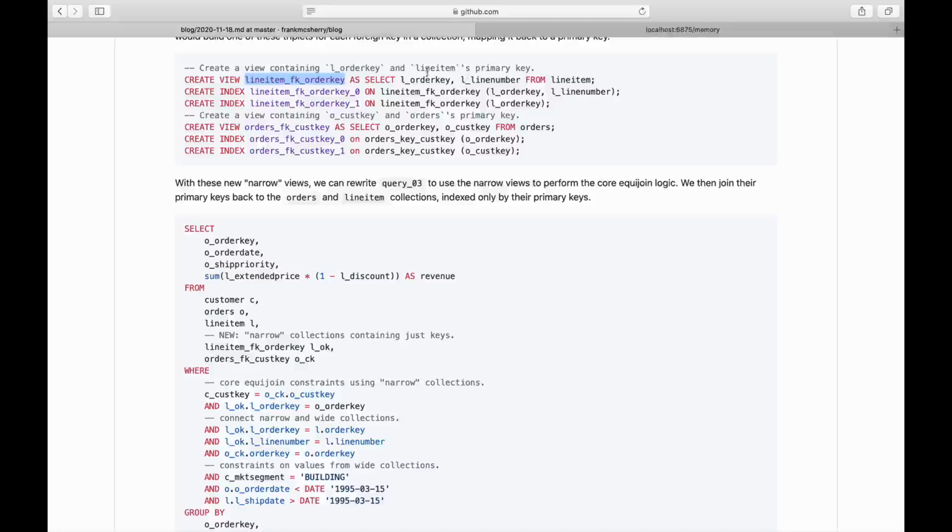We're going to select out from it the order key and the line number. This is what constitutes the primary key for line item. And we'll build 2 indexes on this. One by order key and line number, that's the primary key for line item. And one just by order key. That's one of the foreign keys